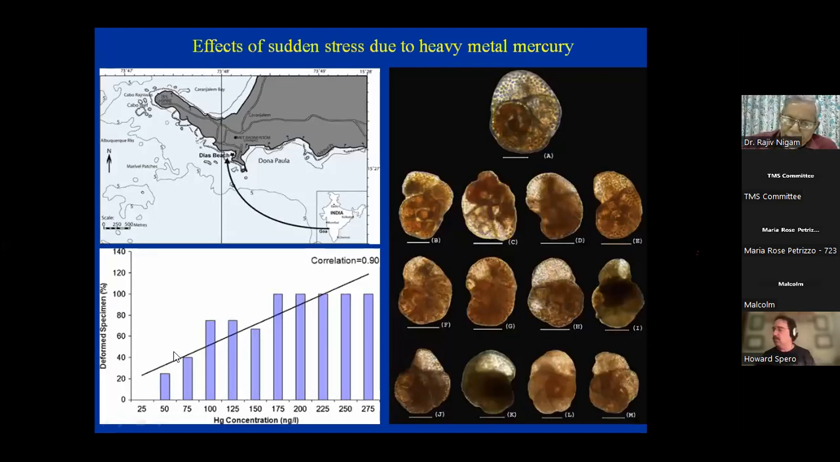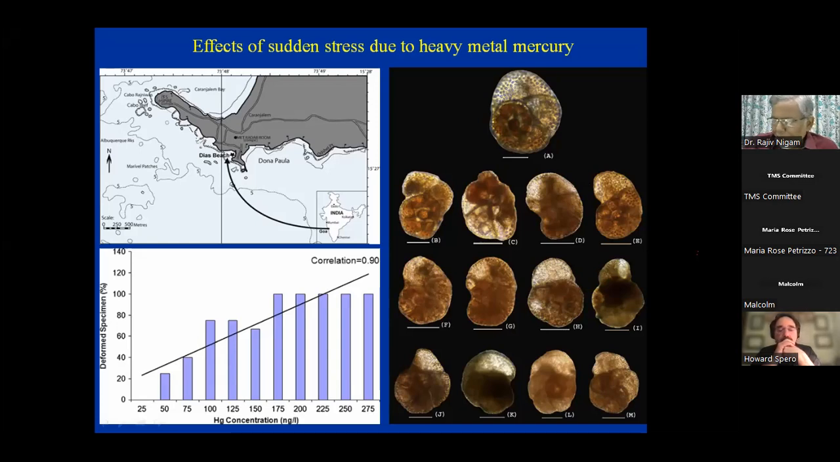Then we had sudden introduction of different concentrations of mercury. And you can see that many specimens had died and almost 100% of the population got affected. This is a normal specimen and these are the abnormal specimens. So the culture experiment has proved, or extended the support to, our previous findings that pollution brings the abnormality in